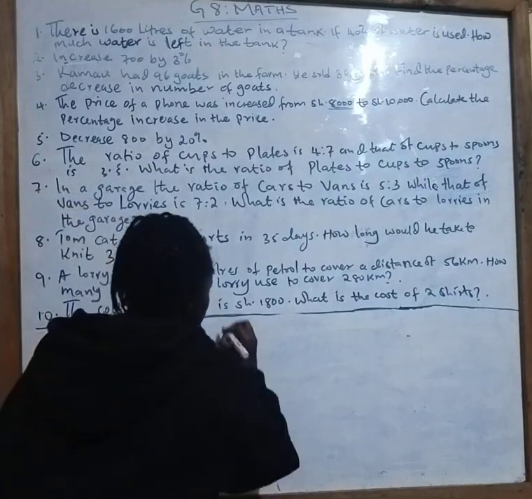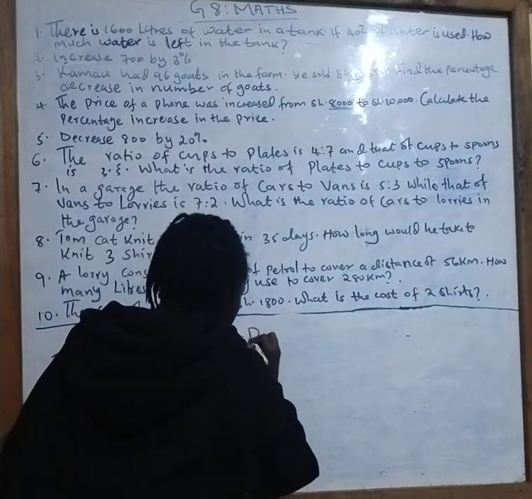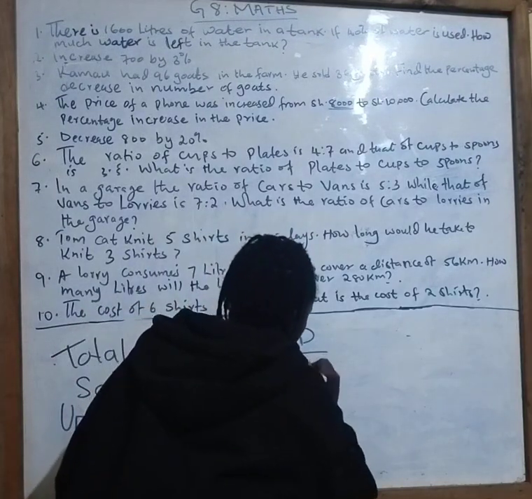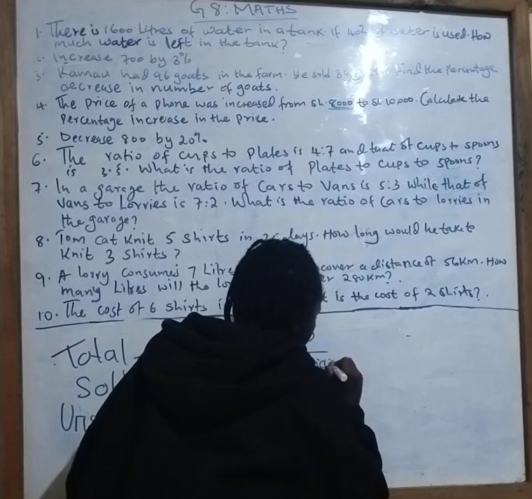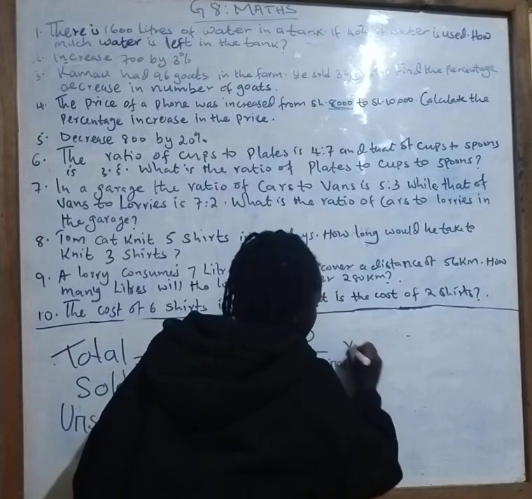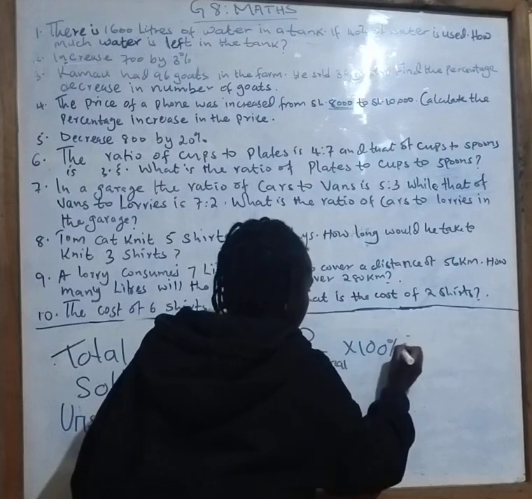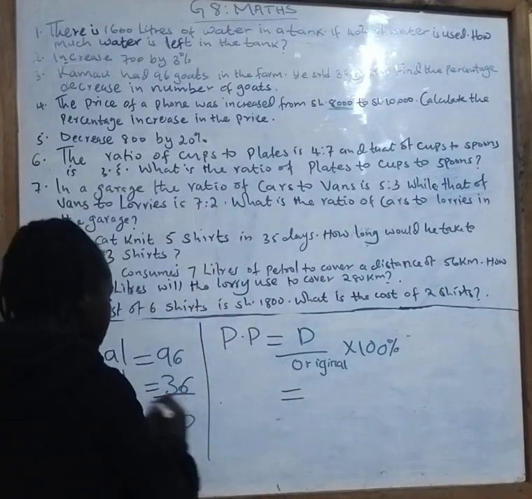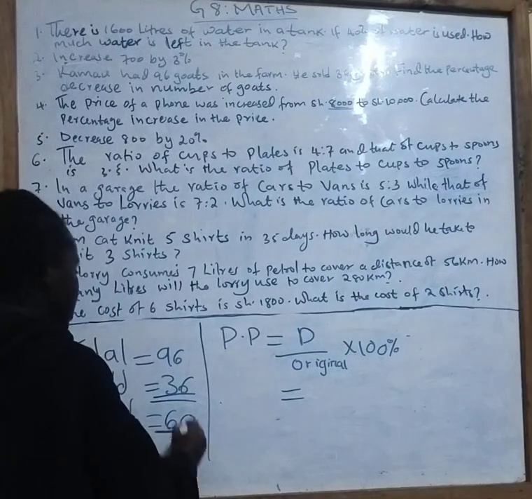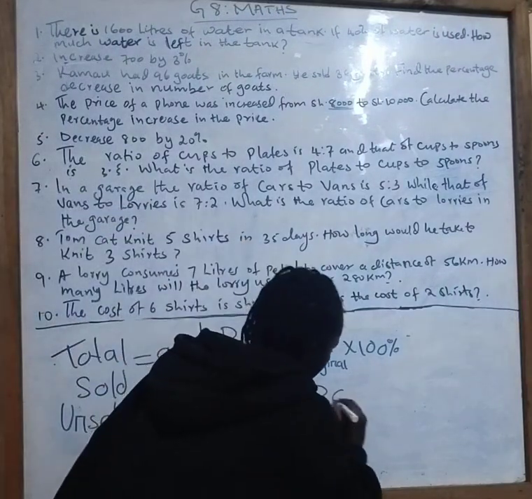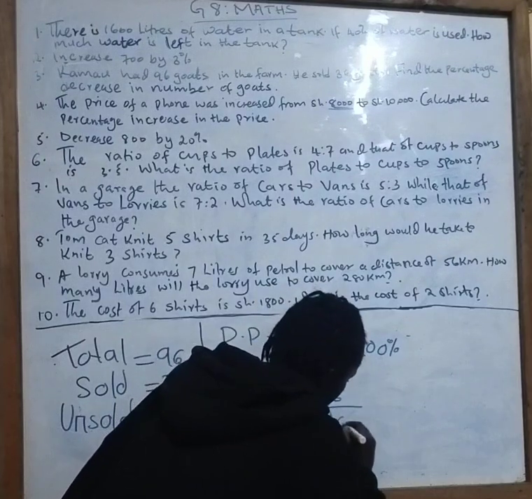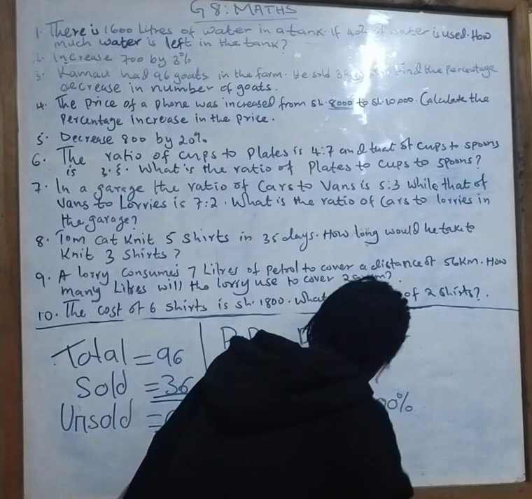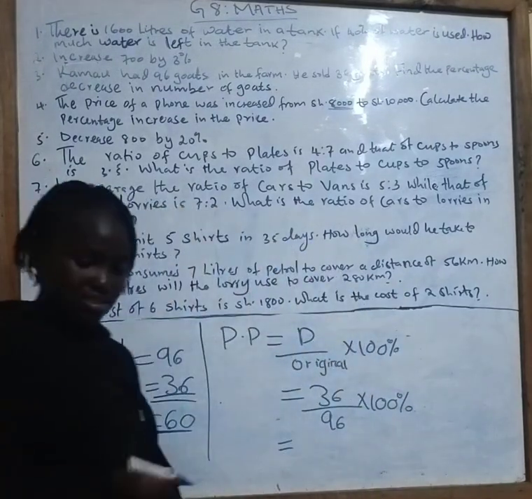So, a percentage decrease is equal to decrease over the original times 100%. The decrease is 36. It is not 60. It is 36. And the original is 96 times 100%. The answer is